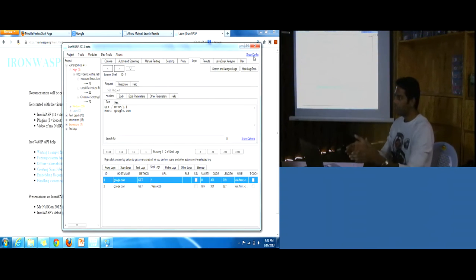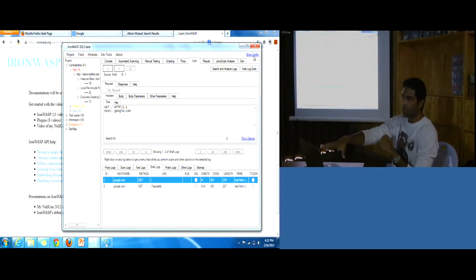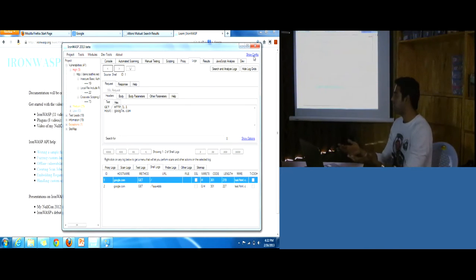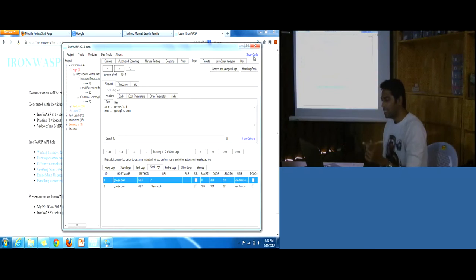Because when you send a request using this API, it automatically uses the proxy that you've configured in the tool. So you don't have to deal with the proxy yourself, or any HTTPS-related problems. You just focus on your logic. That's it. Those are two advantages that you have when you use this for your HTTP scripting. There is another advantage, which is when you try to send a request to the server, right?